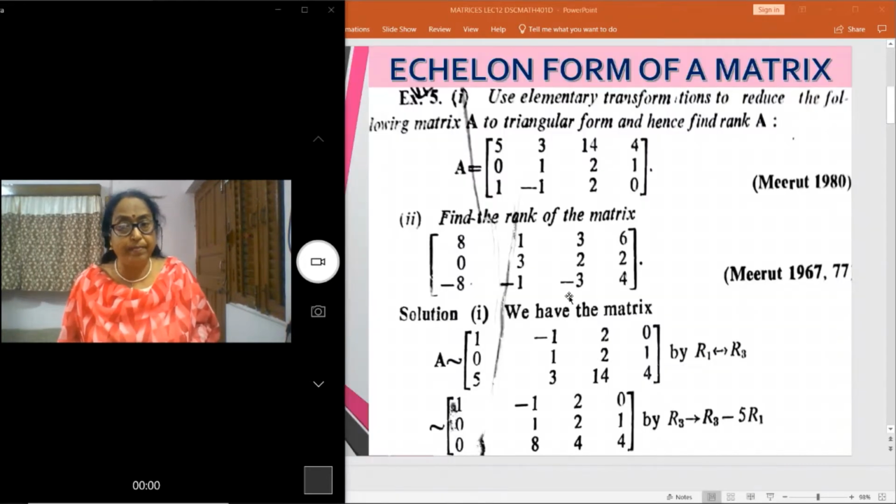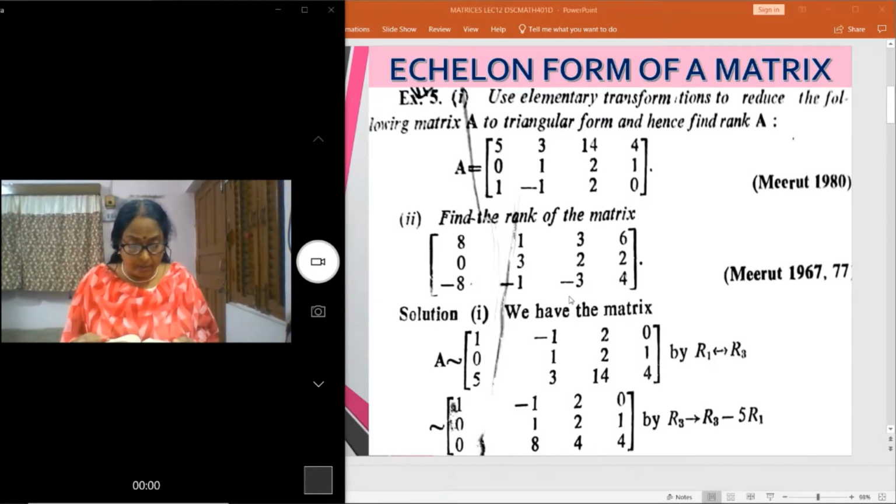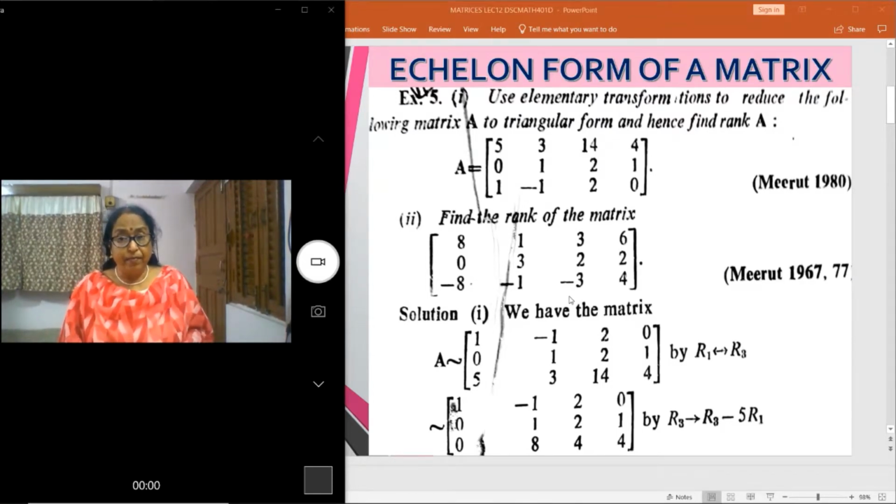Today we will discuss some problems based on echelon form, that is, elementary row transformation. I have given two problems, and we will discuss the first problem. The matrix has rows 5, 3, 14, 4, and so on. See, in this example, please